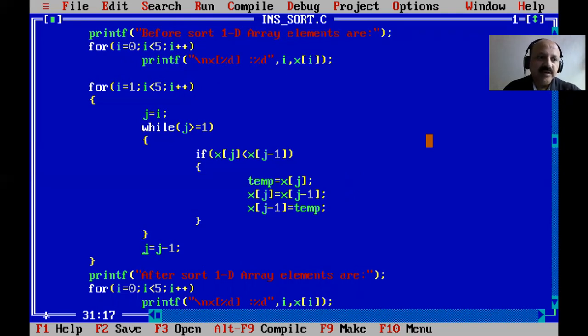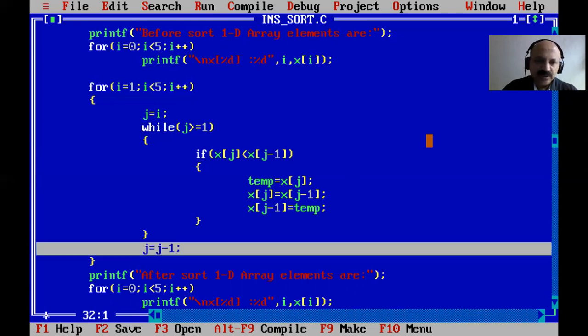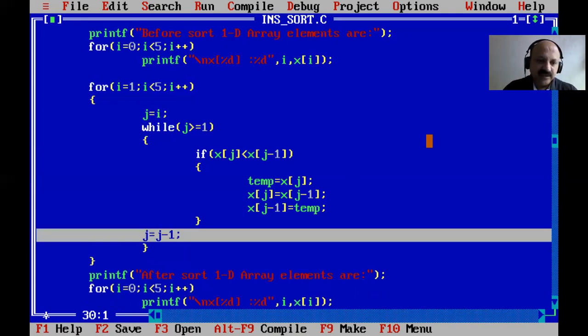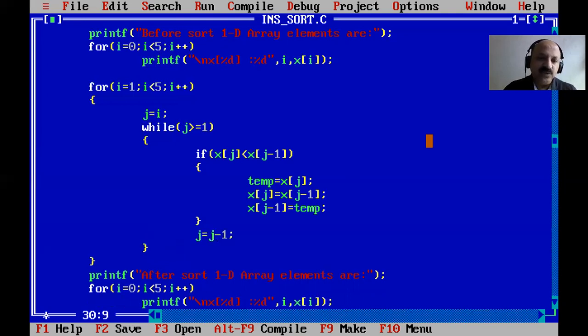Yes, here is the while loop. Yes, here that statement comes before the while loop, means inside the while loop. That is a statement in the while loop. Yes, so perfect. So yes, now we can run this program. So yes, that is perfection. So let us save with F2 and then compile.